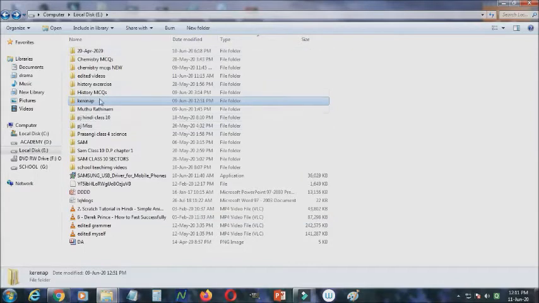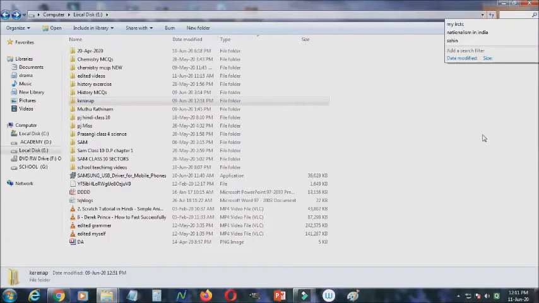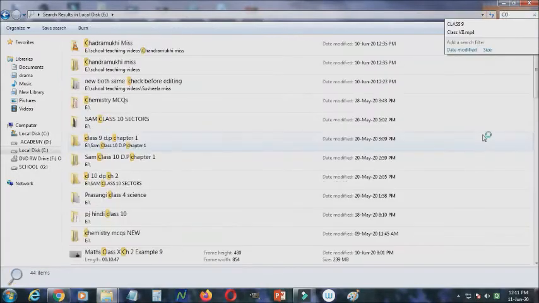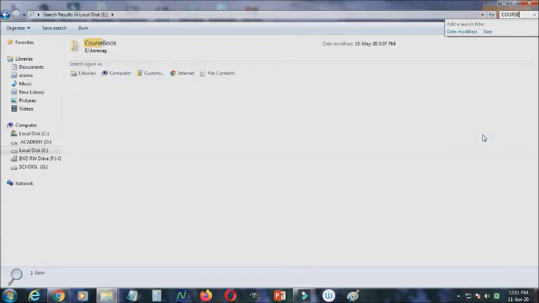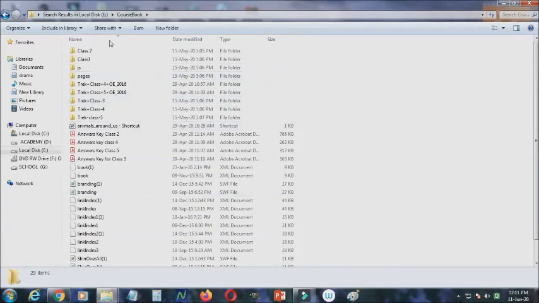If I want to search for my file, go to the search option and just type it there, course. So everything with the name course will be found and displayed here. So this is called the search option. Now you can click that and open the folder where you kept it.